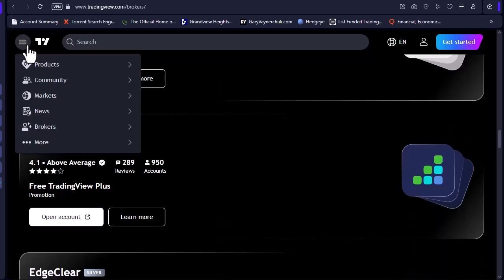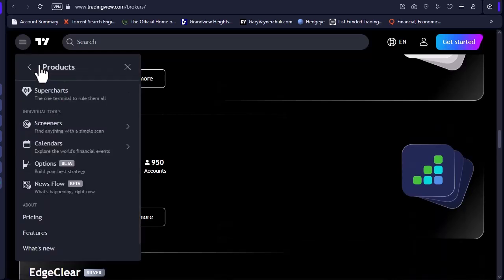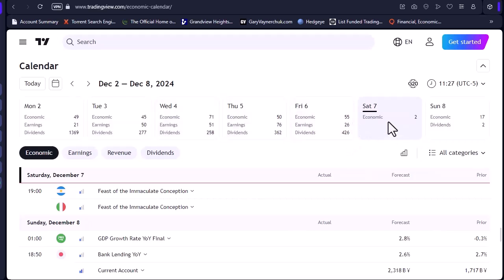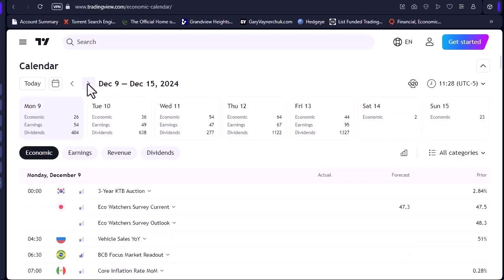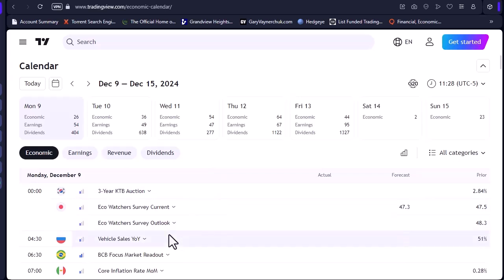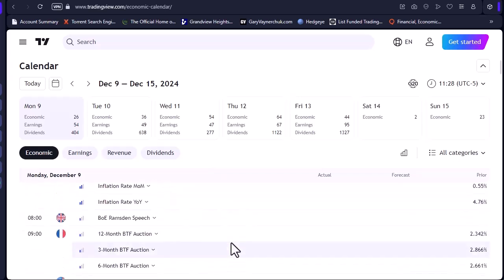So you can go to the products tab and you can go to calendars first. Go to economic calendars. You can see it pulls up this calendar. I happen to be recording on the weekend, so there's really nothing going on of note. But as I go into the following week, you can see it gives you a rundown of everything that's going on, some of which are going to be important, some of which are going to be things that most retail traders don't pay attention to, but maybe should. For example, like French bond auctions, that does have an influence on the euro, and most certainly the CAC Courant